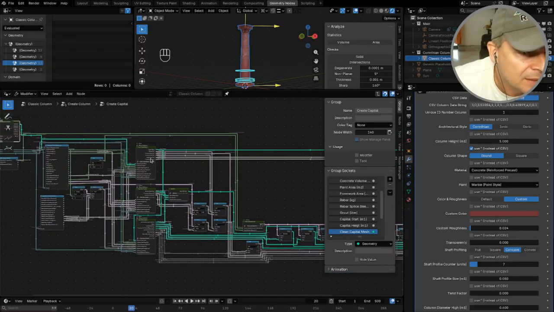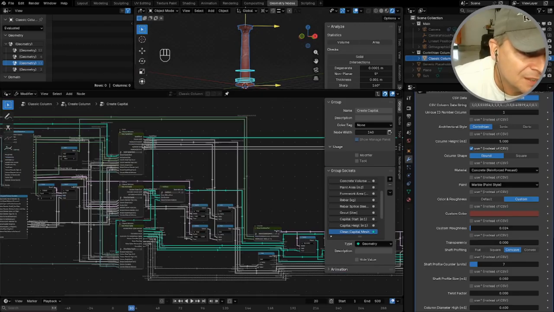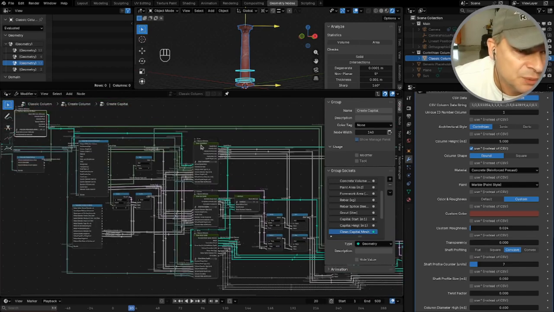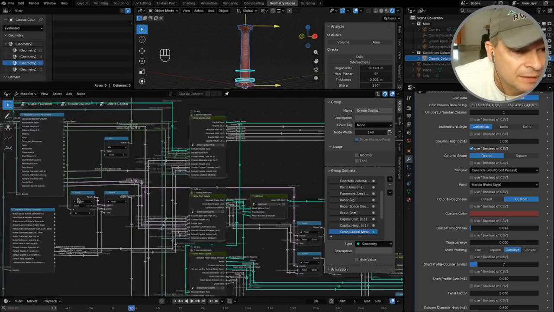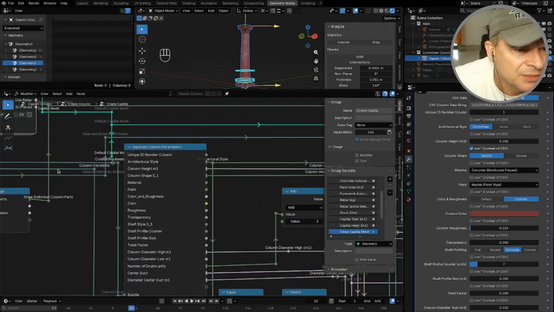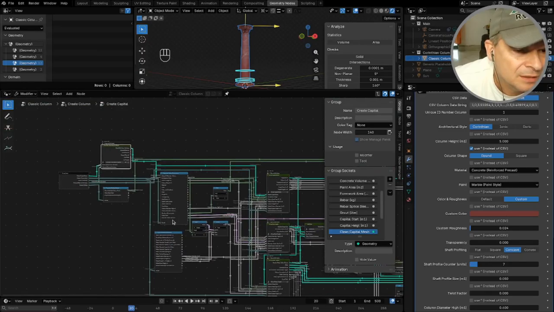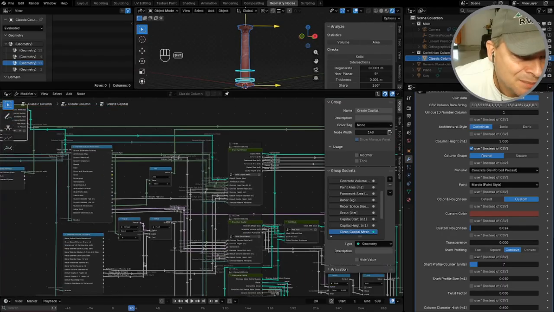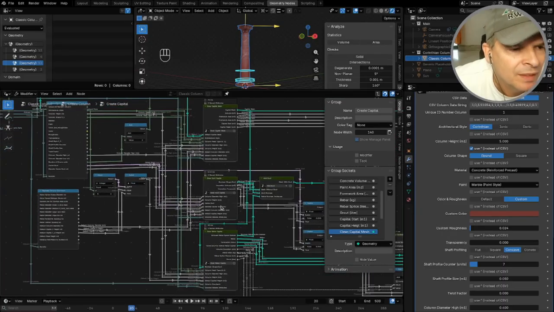In reality, for the column itself, the colors are set in here, so you can see the material attributes going in here, and these are the three parts of the column. So the capital is done here, the shaft is done here, and the base is done here. These parts are drawn here, and they use the input from here. These are basically the bundles that I had, and I separate the bundles. Sometimes I change them a little bit, or I reorder them before I use them, and